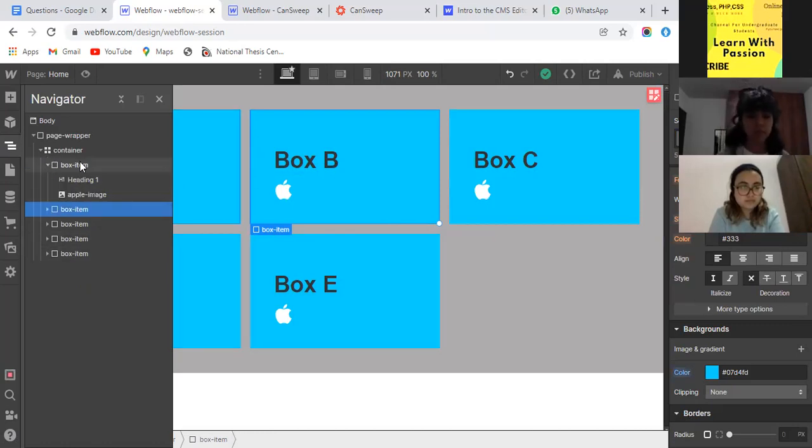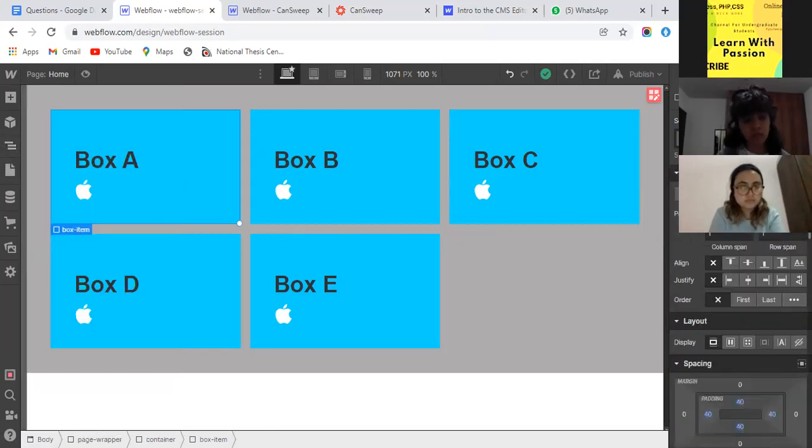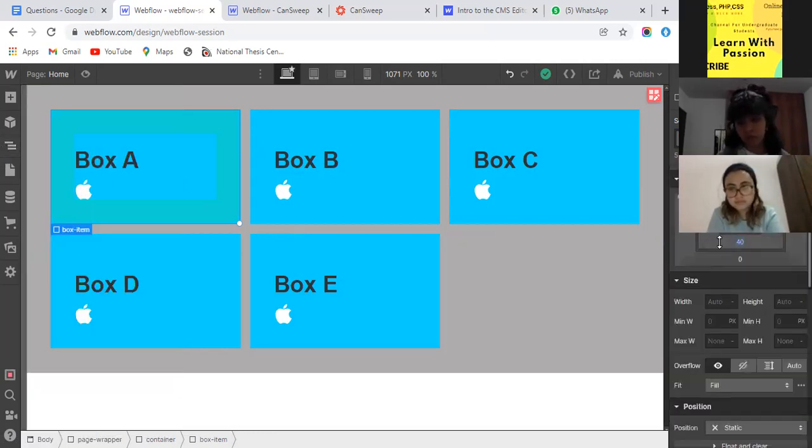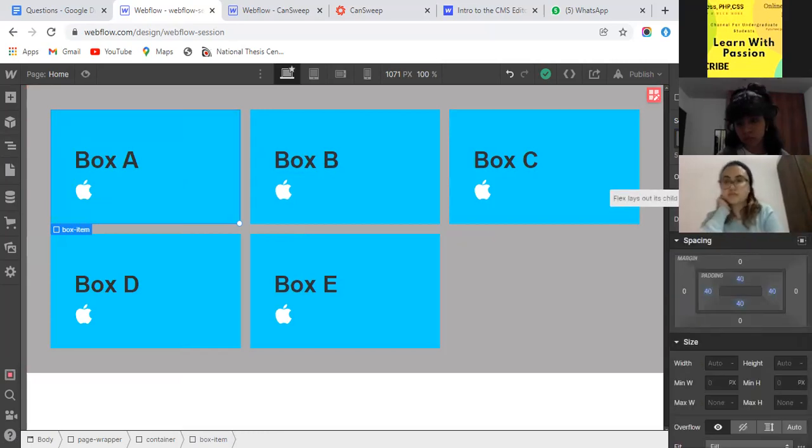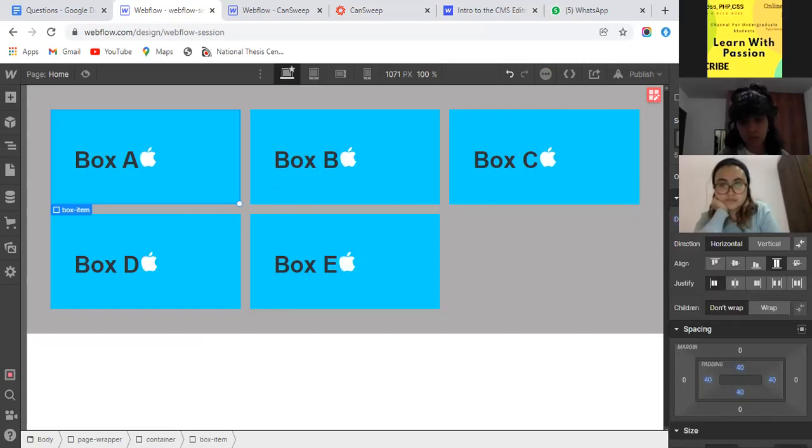Just select this box item, which has heading 1 and an apple image, and go to display. Just select and click flex.